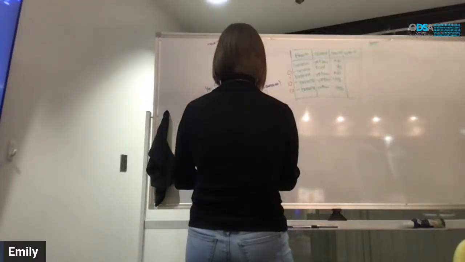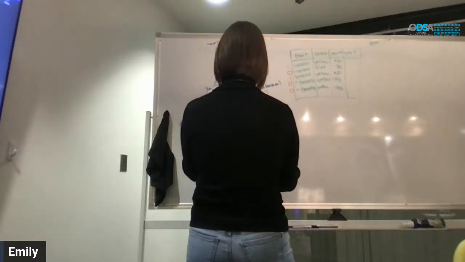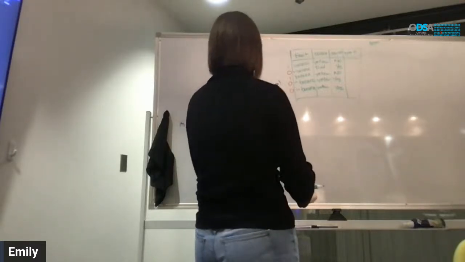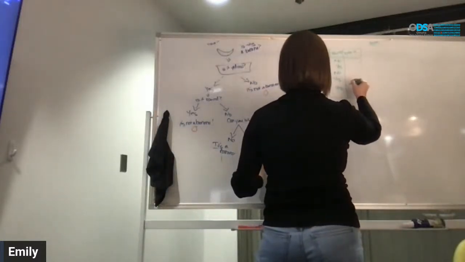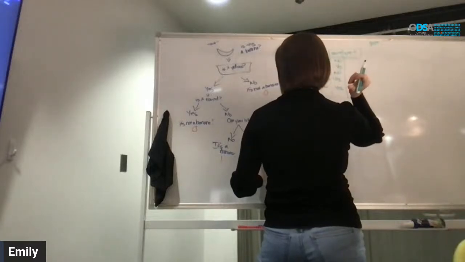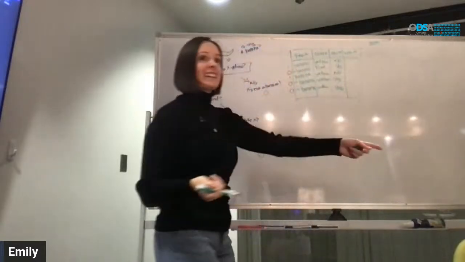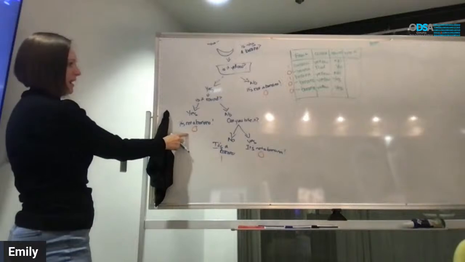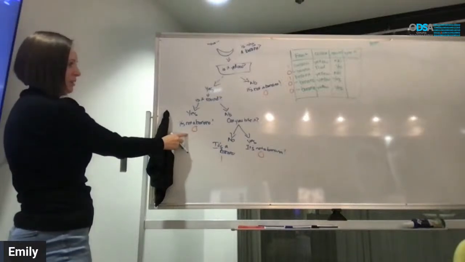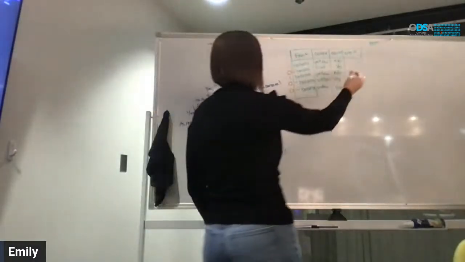Can you bite it? What we're trying to decide on at the bottom with bite, banana versus, I don't know, I don't have anything here. I'll just make one up. Can you bite it? Yeah. You can bite an apple through the surface, but you can't bite a banana through the surface. Oh, there we go. It's carrot. The problem with the apple, I agree with the apple, but I think that'd get filtered out as round over here. So I think it'd be not a banana. It's going to be a carrot, okay?